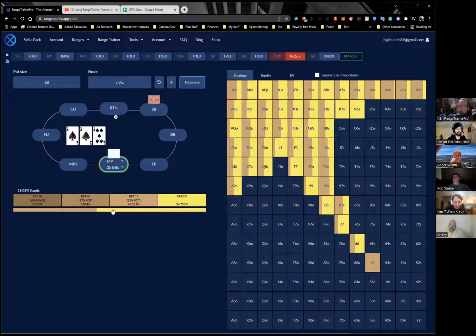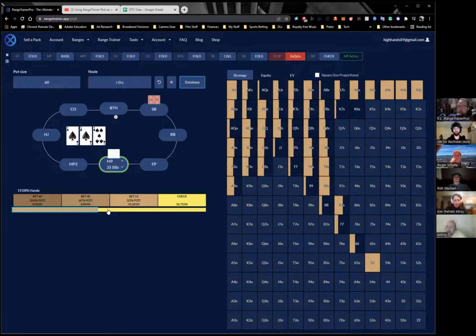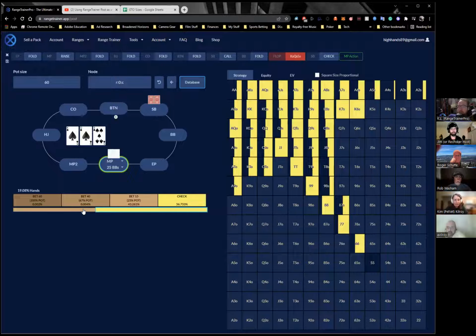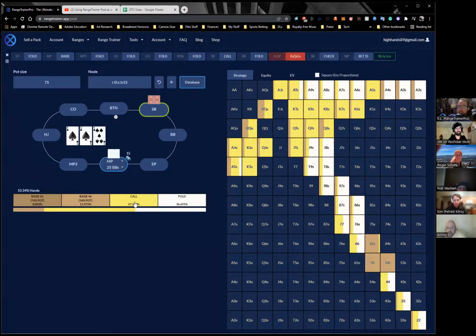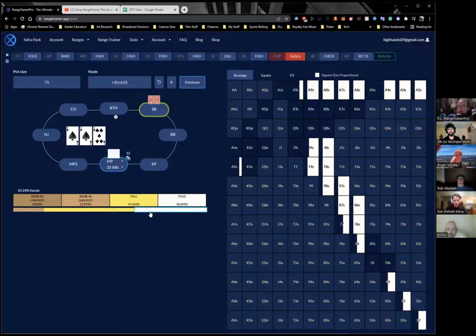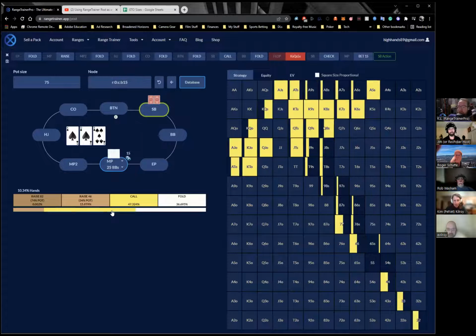As we can see right here, GTO is basically nearly an even split between checking back and betting small. It's doing both with basically every hand possible, other than sets, which it is betting 100% of the time. But we will say that MP is betting small, and then this is small blind's reaction. We can see that we're folding about a third of the time, we're calling about half, and then